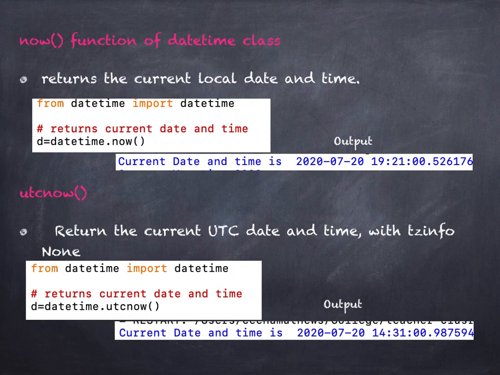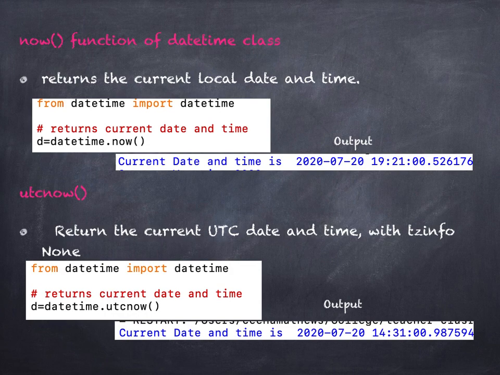And next is utcnow. UTC here stands for Coordinated Universal Time, which is the current representation for Greenwich Mean Time. And Indian Standard Time is 5.5 hours ahead of the Greenwich Mean Time. That is, Greenwich Mean Time plus 5:30 is Indian Standard Time. That is what UTC is here.